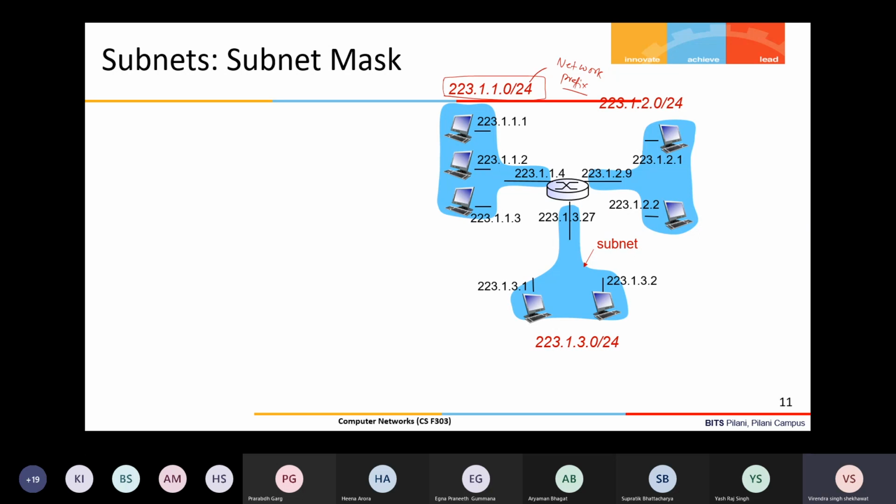Now if the 24 bits are the same, then based on that the router can easily, with a single entry in the forwarding table, forward the packet to this side or that side of the network for all the destinations. For each individual destination, it need not keep an entry. That is the meaning of the hierarchy. Further, it can be divided into subnetworks also, but right now let us not complicate that.